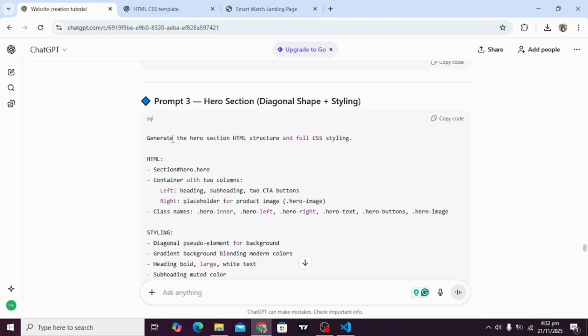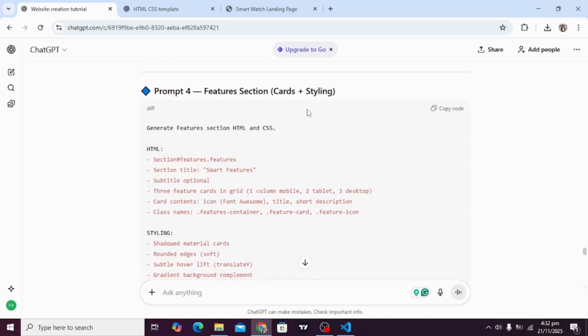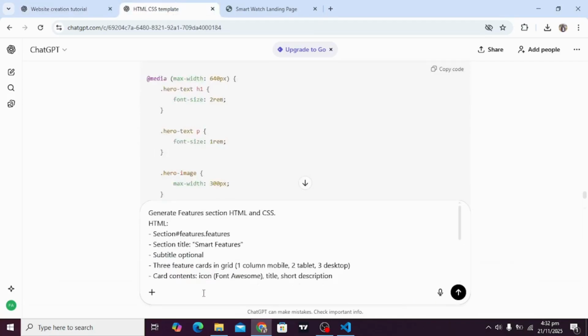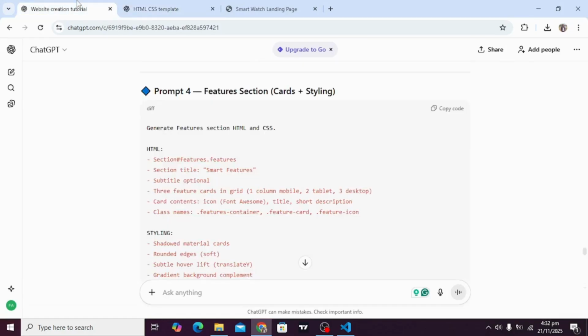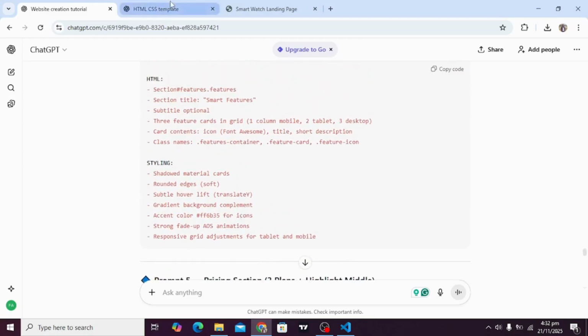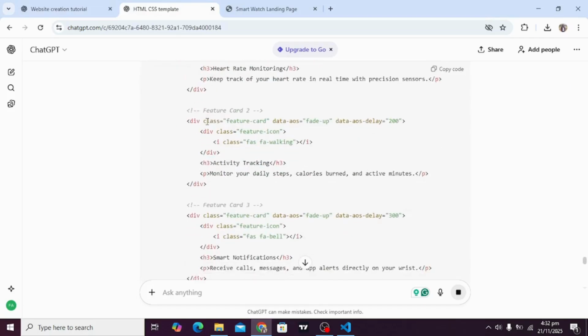So now let's go to our prompt 4, which is to generate the features section. As you can see, I have written all the details needed to create the feature section: HTML, title, subtitle, optional 3 features, and also the styling, how it should look. You have to give in detail what you want to achieve and what you want to get.